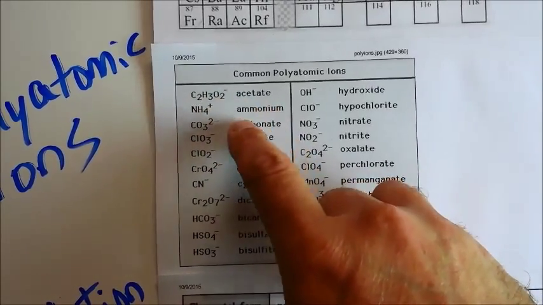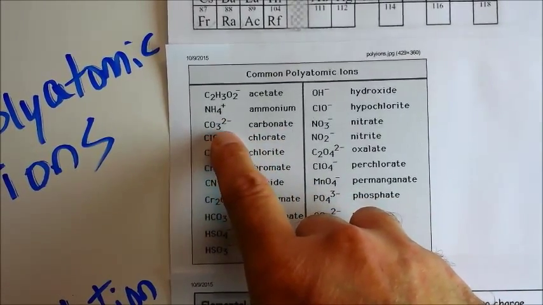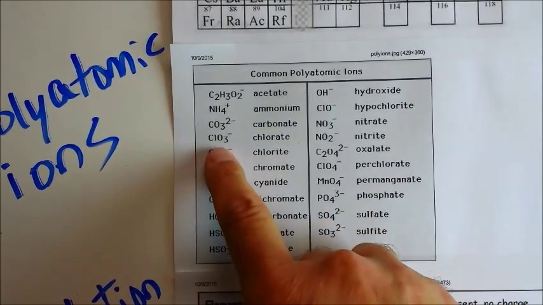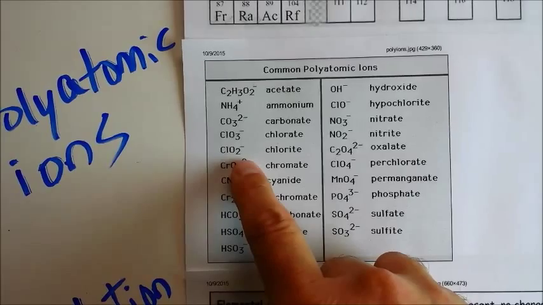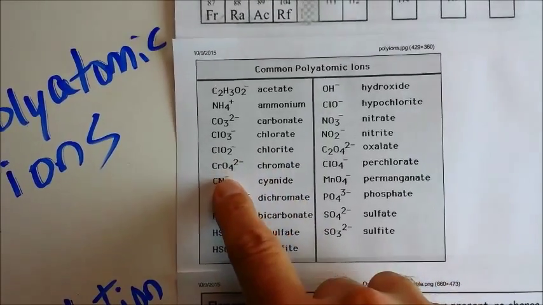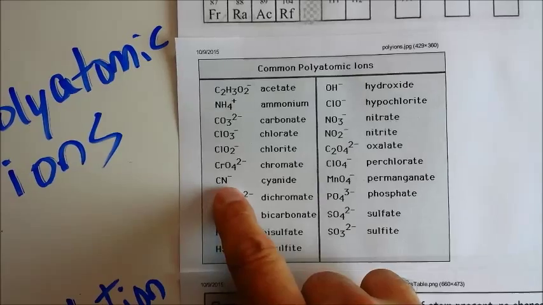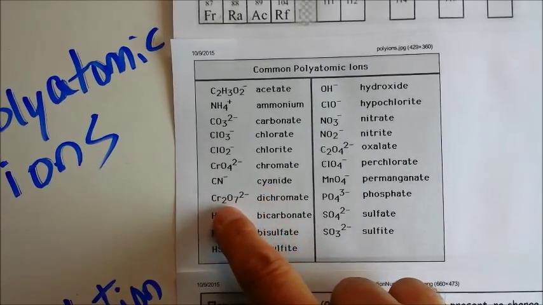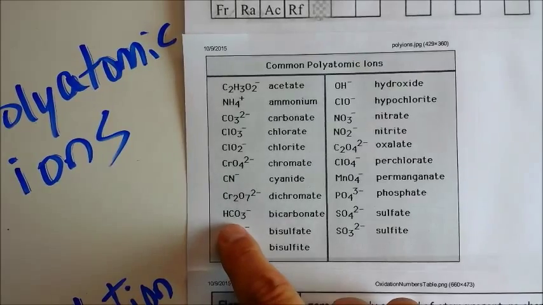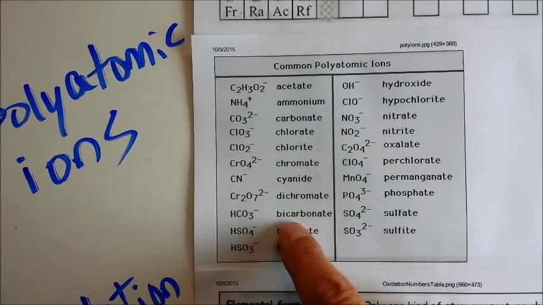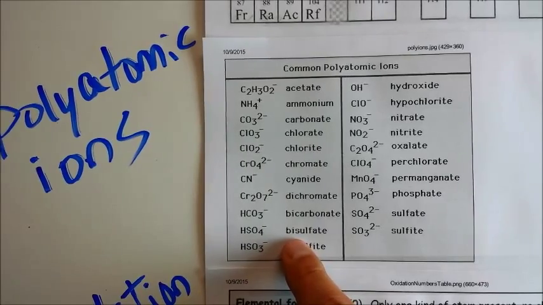C2H3O2 -1, acetate. NH4 +1, ammonium. CO3 -2, carbonate. ClO3 -1, chlorate. ClO2 -1, chlorite. CrO4 -2, chromate. CN -1, cyanide. Cr2O7 -2, dichromate. HCO3 -1, bicarbonate. HSO4 -1, sulfate,